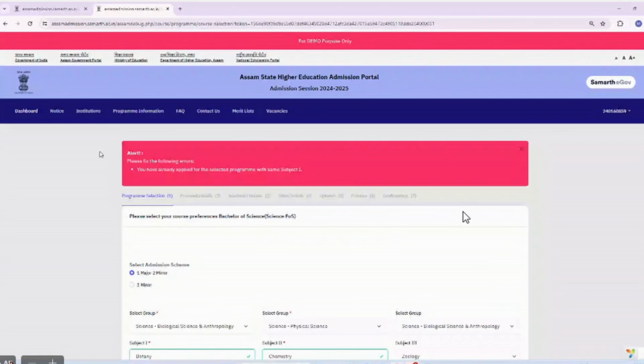So this is the process how students can register themselves on the portal and how they can fill the application forms. So